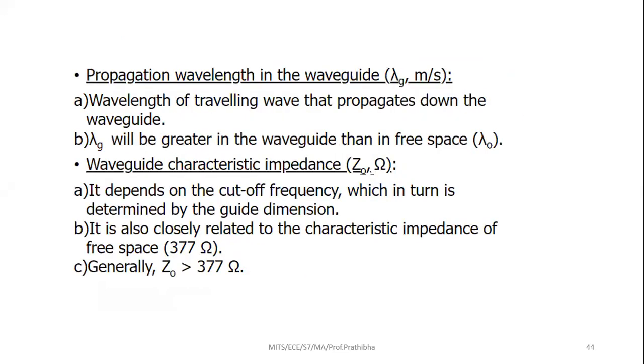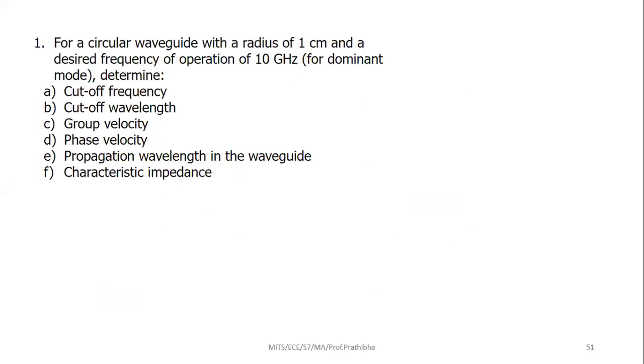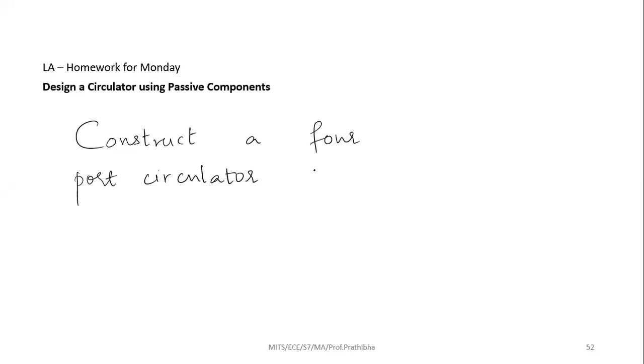Now quickly, I have the homework that I want on Monday. I'm going to display the homework. Can you write it down? You have to design a circulator using passive components. Please take down the homework. The homework is basically to construct a 4-port circulator. I'm telling you what to do, using magic Ts